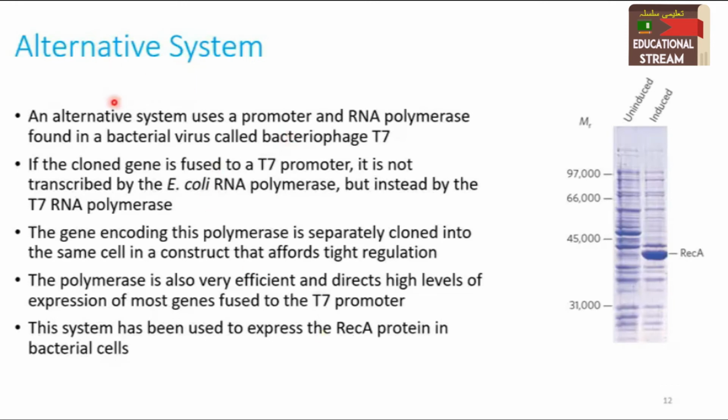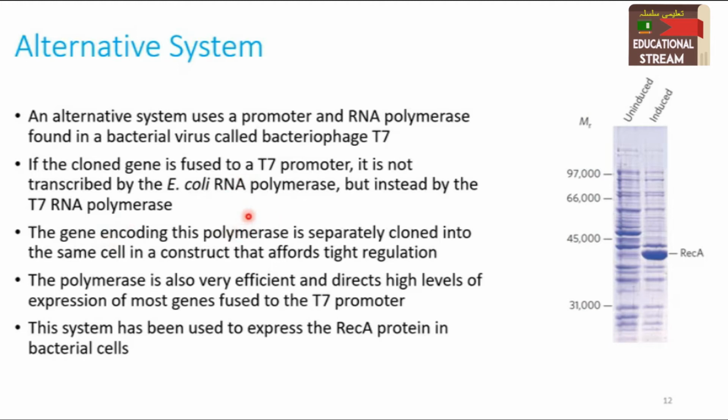Another alternative system has also been developed, which uses a promoter and RNA polymerase found in a bacterial virus called bacteriophage T7. If the cloned gene is fused to the T7 promoter, then it is not transcribed by the E. coli RNA polymerase, but instead by the T7 RNA polymerase, and the gene which encodes this T7 RNA polymerase is separately cloned into the same cell in a construct that affords tight regulation,